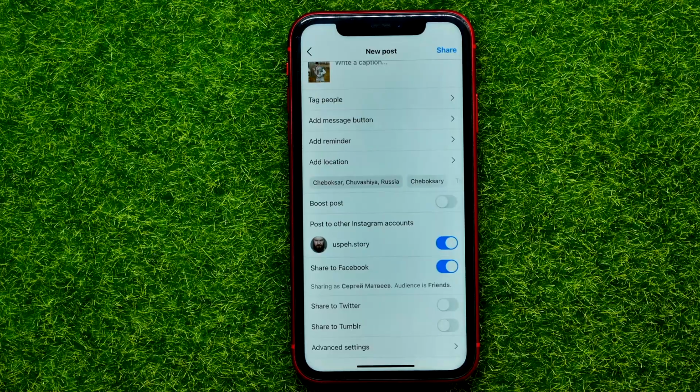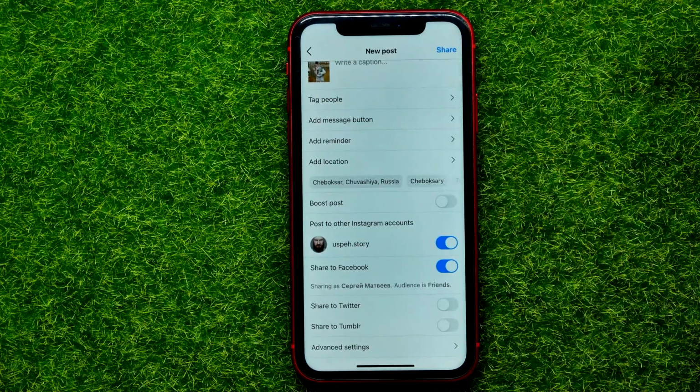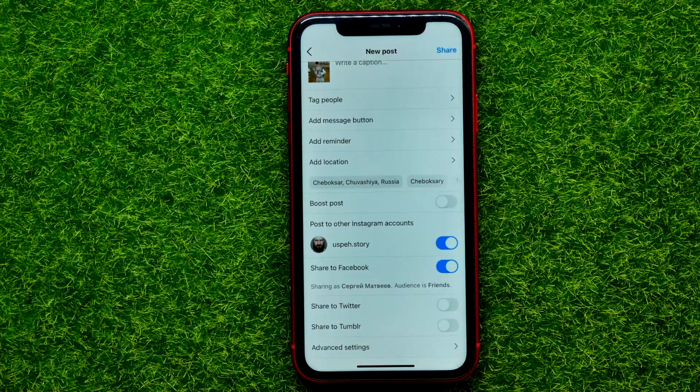And in order to share the post, just hit right here at share to share it with your followers and